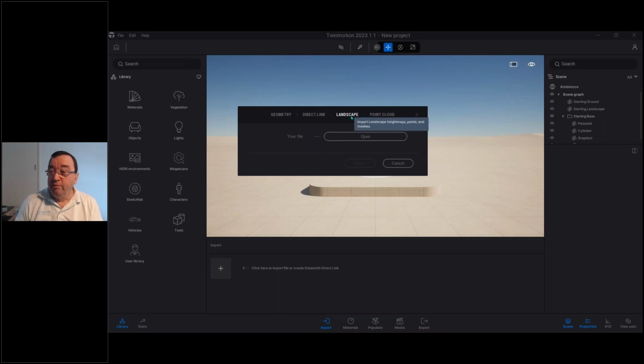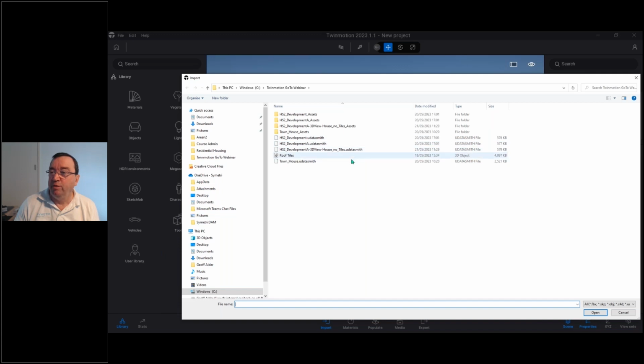Also, we could be bringing in some landscape in here. If I was bringing in landscape from GIS data and this type of thing, I could bring that in as well. I'll just use my geometry from Revit, and of course we can bring in some point cloud here. So going back to my geometry here, if I look into here and open my Datasmith here,